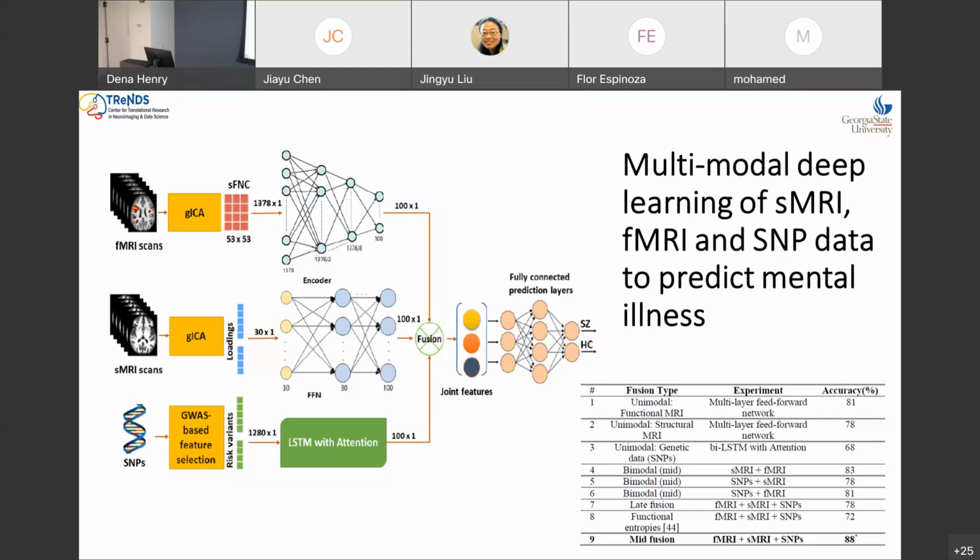Then we get all the features together, fusion. And then the last step is model training, where we do the classification problems. We can see from these models that when we combine the three data modalities through fusion, the accuracy is improved. But when we do the imaging and genetic combined features